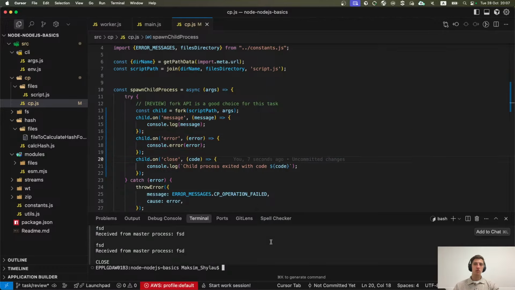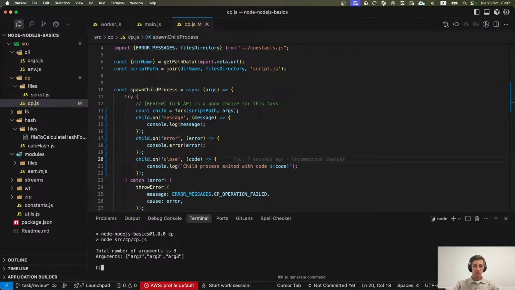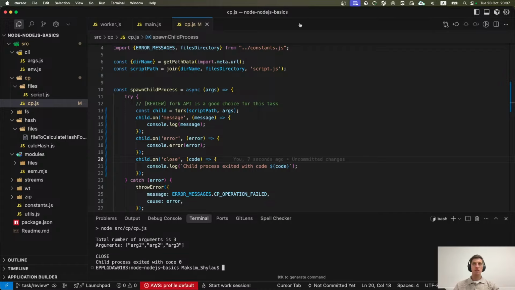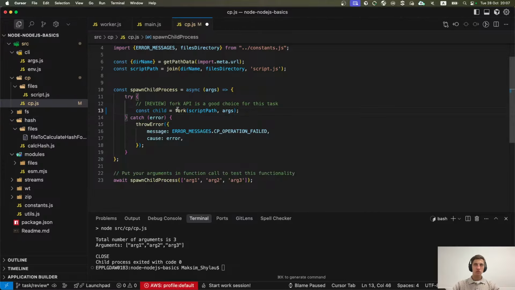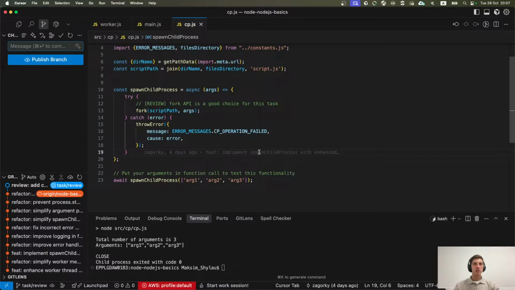We can subscribe on close. For example, when the child process is closed, you can see that the handler for the close event worked, and we have seen this message in the console. But when we use fork, standard inputs and outputs are connected by default.